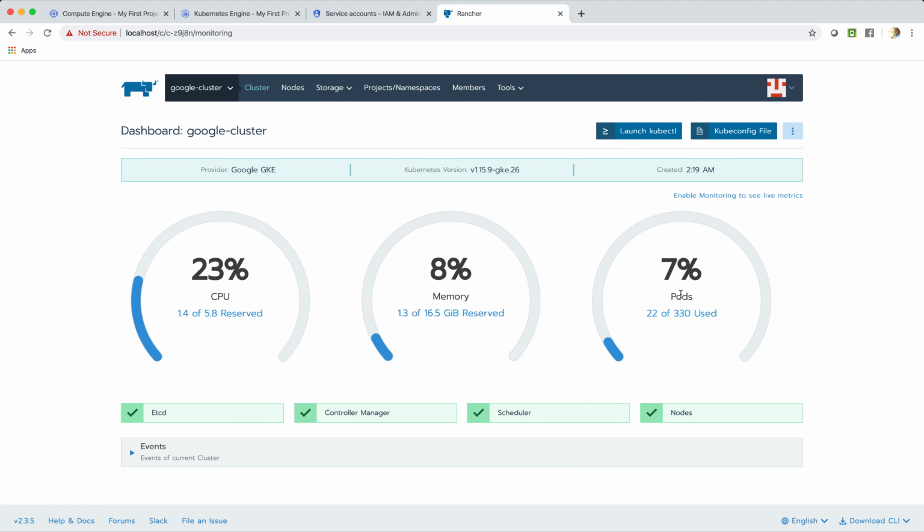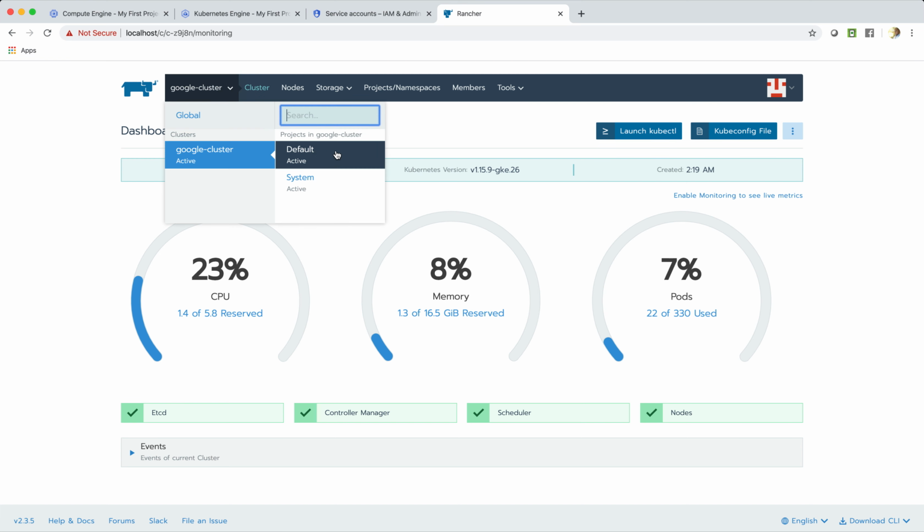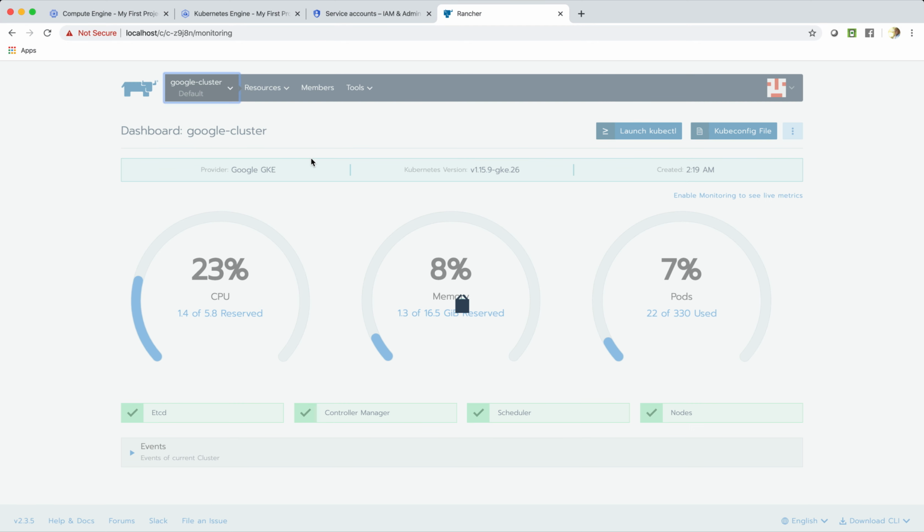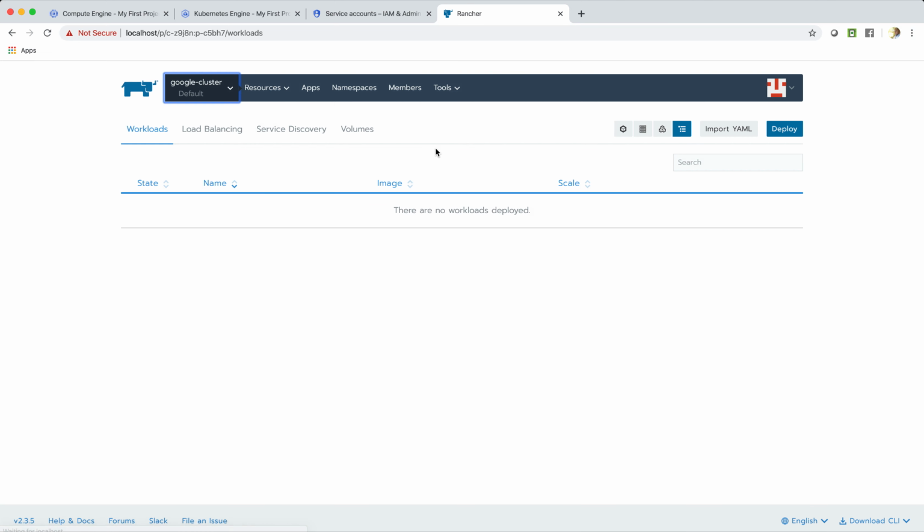Here we can see the health, so we can even start creating namespaces, creating projects, selecting one of these namespaces, and start deploying applications directly from our Rancher installation, which is local. And this is a very nice thing to be able to do,